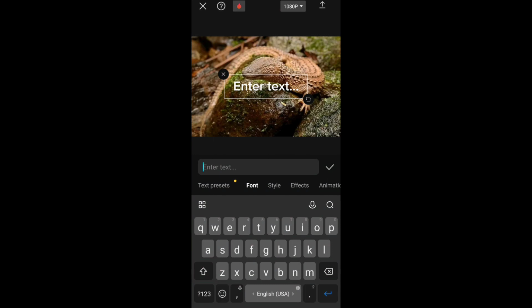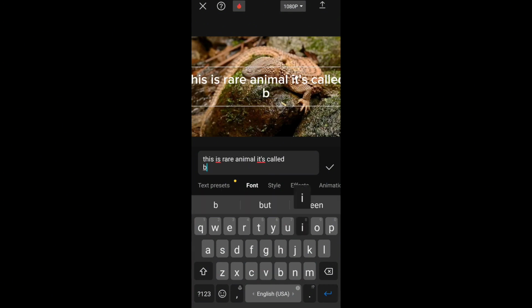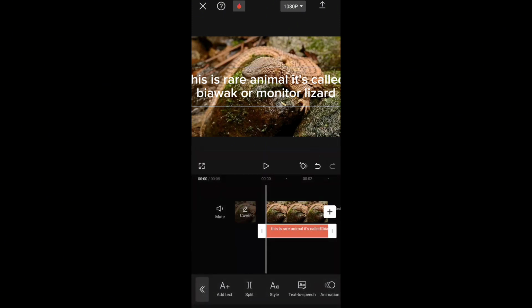I will explain. We'll make the text using text to speech AI voice. Okay, I will type here. This is rare animal. It's called biawak or monitor lizard. Okay, done. And then after that I'm using this text to speech